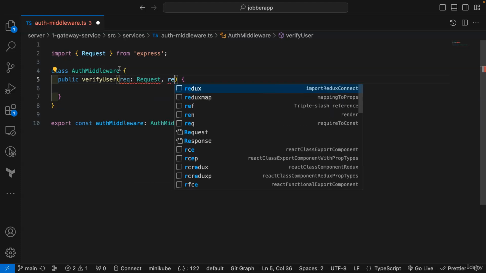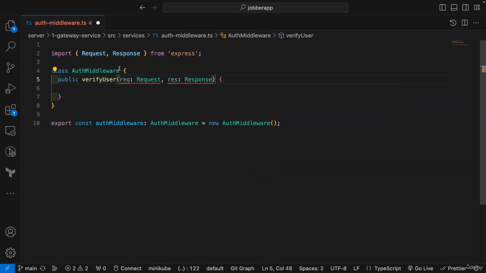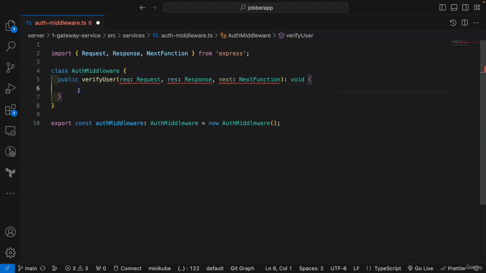It will take in response from Express as well, and then next of type next function from Express. It will not return anything. So what we want to do is check if the request coming from the front end, that is the React application,